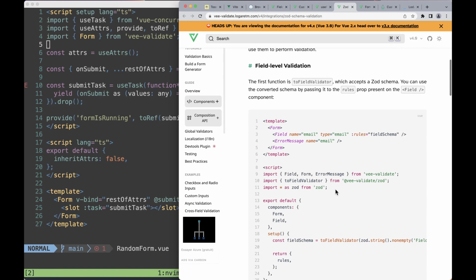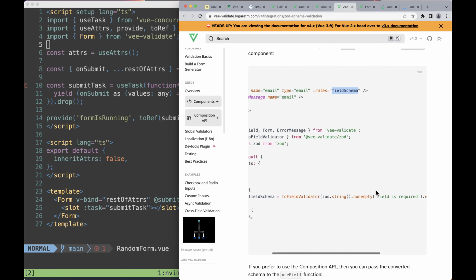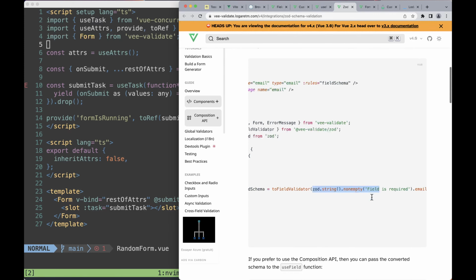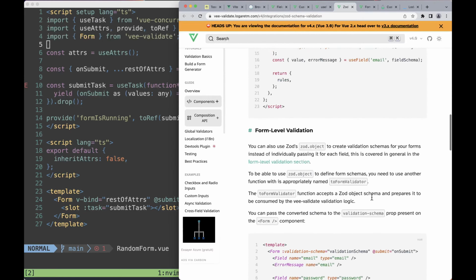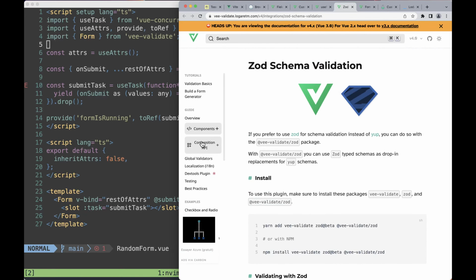And here what it means is that instead of defining a function specifically, we can pass in a schema defined by this validation library called Zod. So I guess I won't start with Zod, maybe actually let's just start with yup